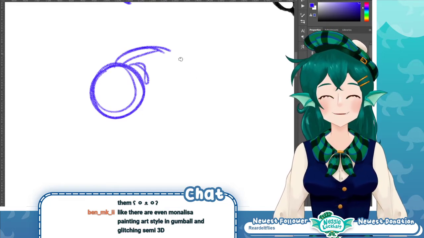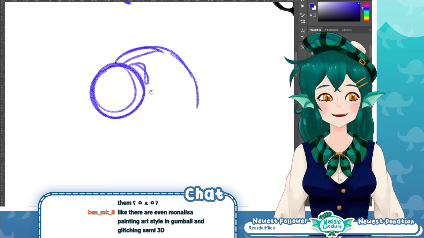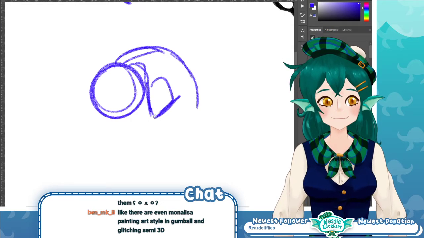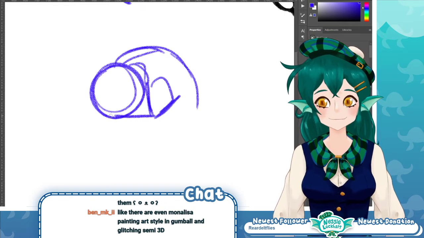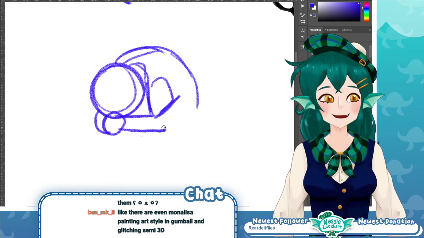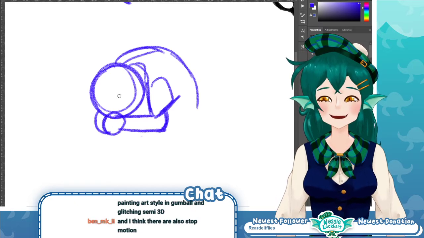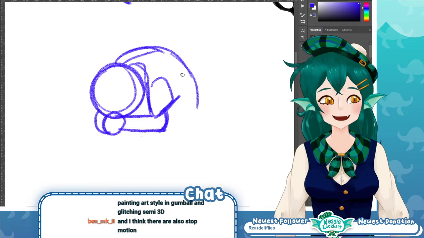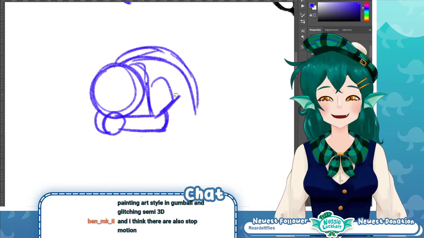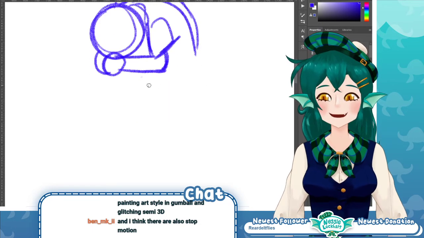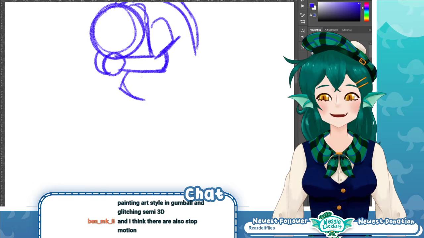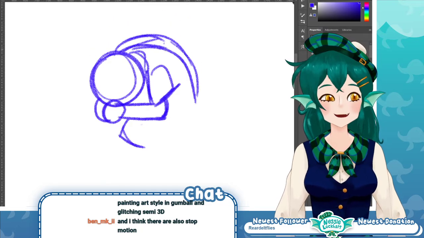I think even if I don't use this as an emote, I almost just want to draw this for fun. Like a little too hunched over. Maybe I'll draw the chair first, actually.